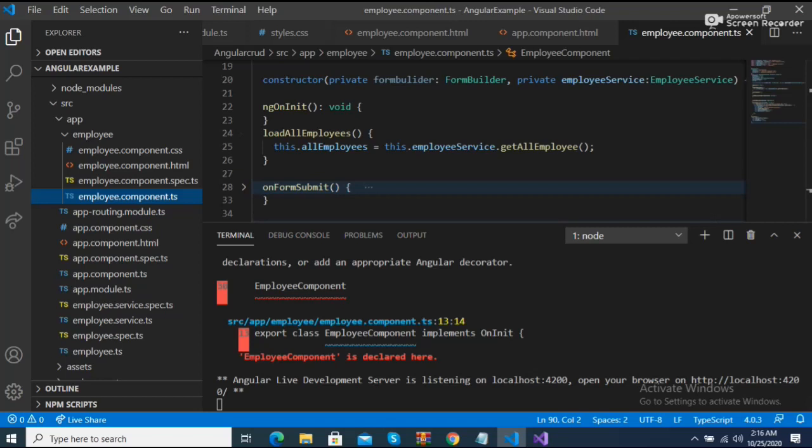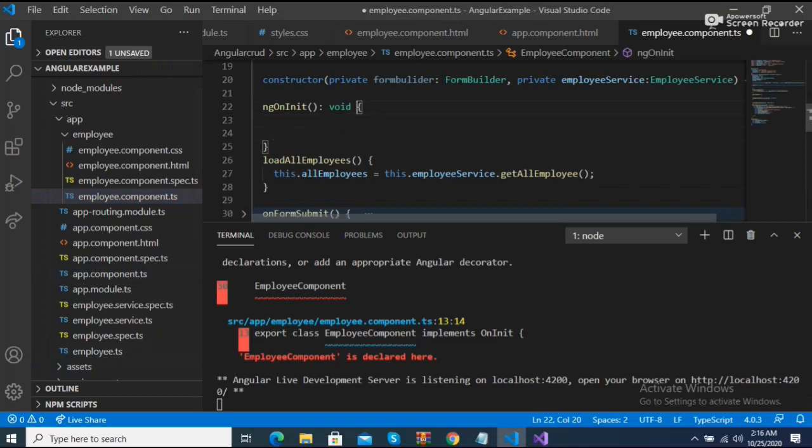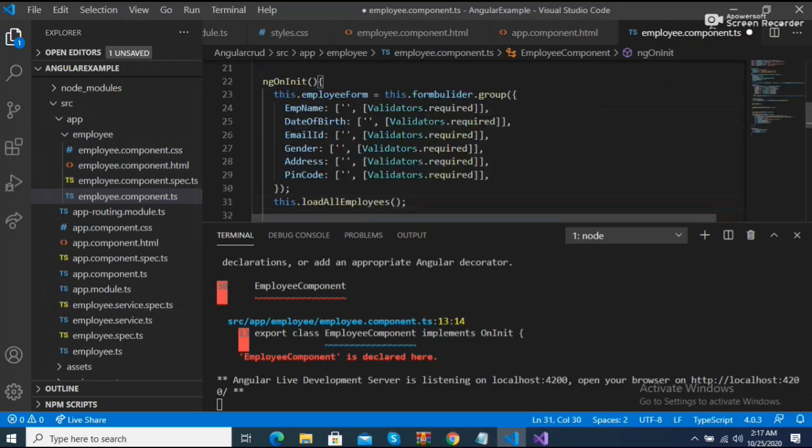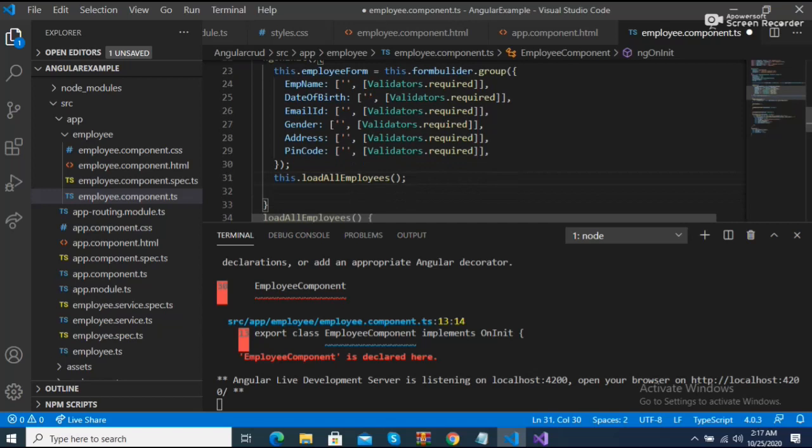So what should we do? We forgot to add the code here, so we just need to remove this code and void. We just need to add this code, this employee form, the form builder, we are not initializing it: employee name, date of birth, and required, and this.loadAllEmployees.